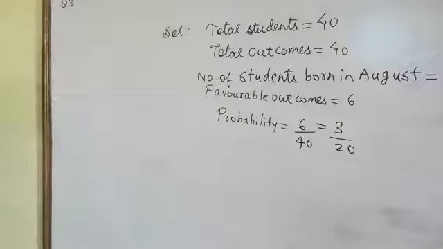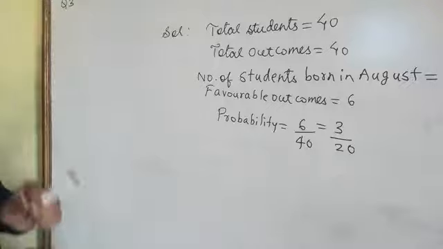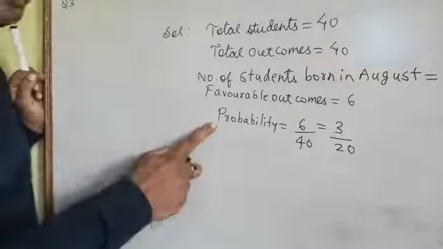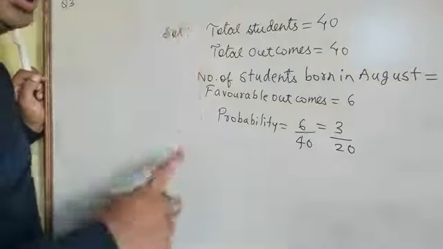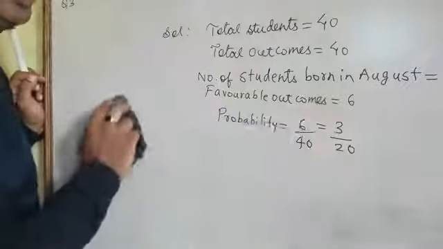Now the next question is given in the book, and we have to find the probability of two heads. So I am writing some part of the question on the board. I think this is clear to you. This is given on page number 247, and we have to refer to page number 247 for this question. In the next question it is written that three coins are there and they were tossed.